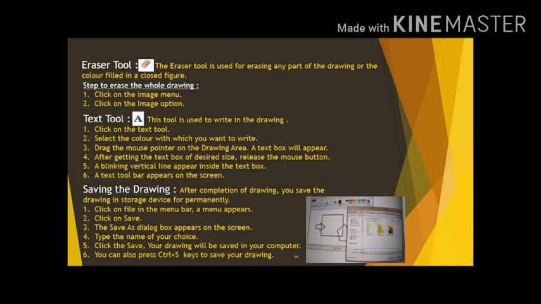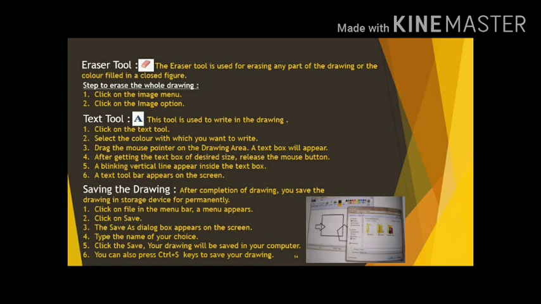A text box will appear. Fourth, after getting the text box of desired size, release the mouse button. Fifth, a blinking vertical line appears inside the text box. Sixth, a text toolbar appears on the screen.